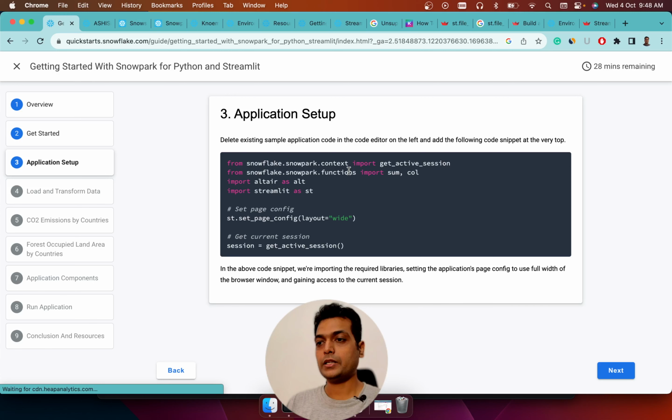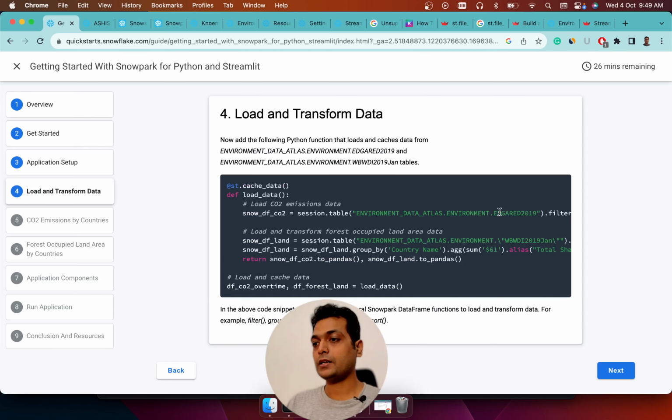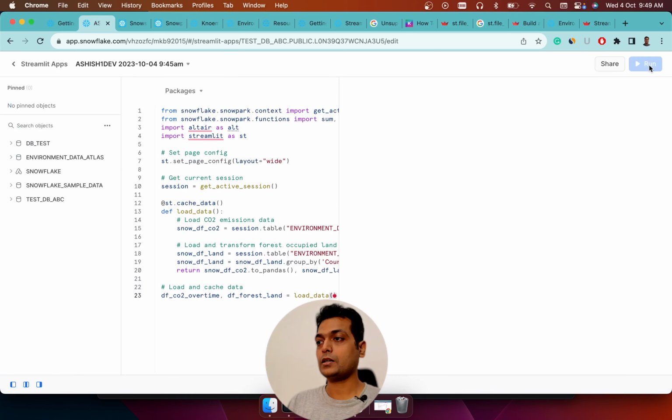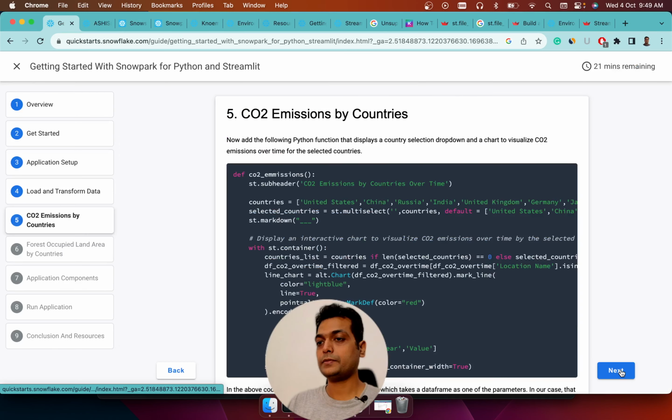So this is how we load and transform the data. Here they have specified the Atlas data, the tables that it wants, and then it says cache the data. We leverage this to load and transform the data, and here we are using some methods. Run this, and then the next part of the code is CO2 emissions by countries. So you take that code, and what it does is it displays a line chart, you see here,